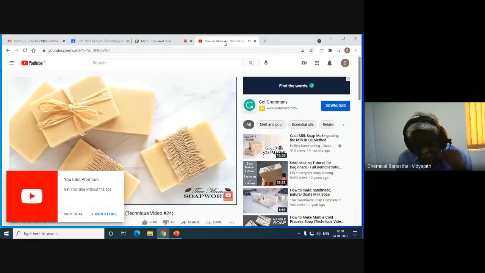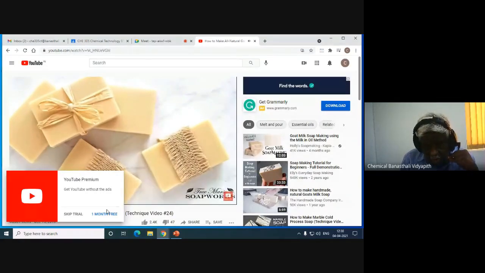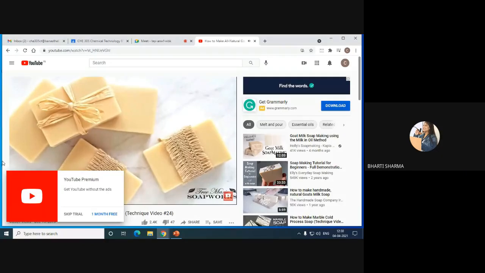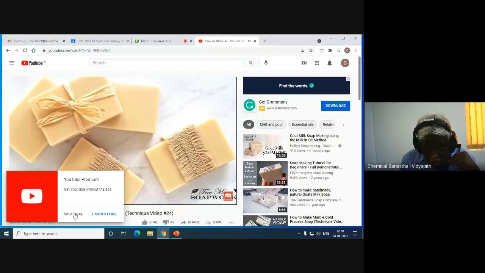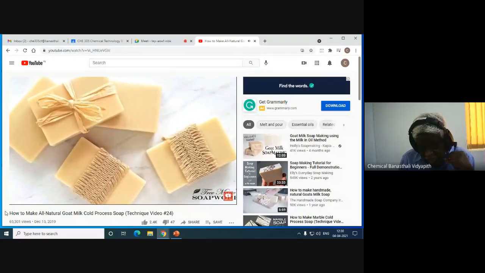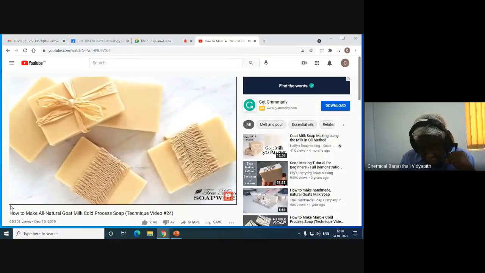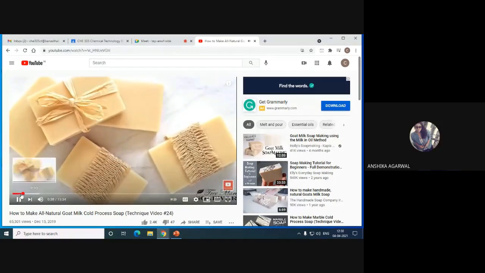Also, I'm going to be offering my recipe on my website for purchase if you would like. So I'll give you links for that. I replaced all of the water in the recipe with goat's milk. I use raw goat's milk and goat's milk has to be frozen to add it to the lye because it'll